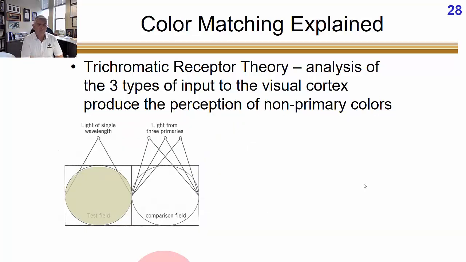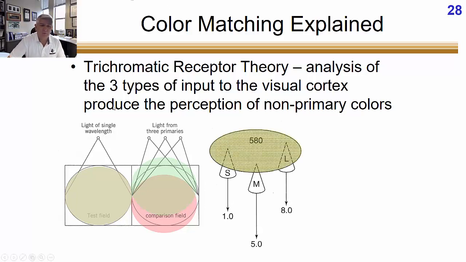All right, so here is a test field of yellow on the left. And now I'm going to take equal amounts of red and green, and when I overlap them, we generate the same color. We can't perceive the difference. Right here, this single wavelength of light is not being made here. We're seeing the combination of that. And that's because on the left, with 580, we get a pattern like this out of the cones. So we're going to say very little short, only one action potential, right? Pretty equal. It's maybe a little bit towards the oranger side. So we have 8 coming out of long and 5 coming out of medium.